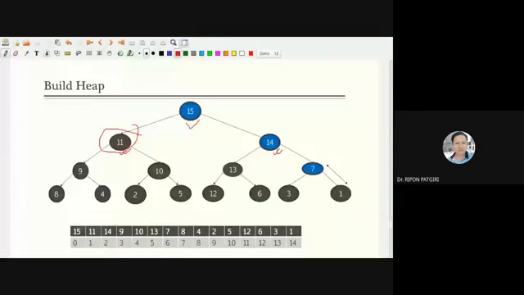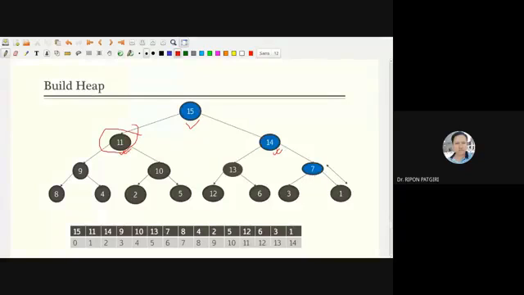To build or reheapify a single element, it takes log n. So what will be the reheapify time of n elements? It should be n log n, but it is not the case.